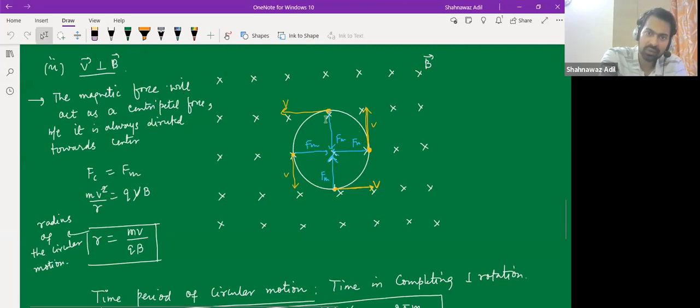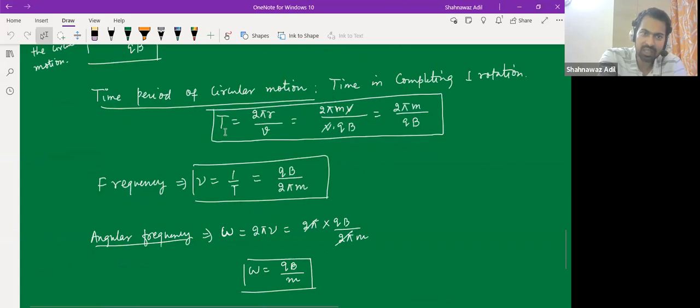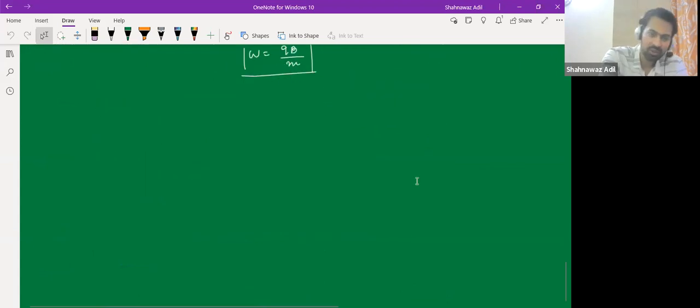And whenever it is following a circular path, which means that magnetic force is providing a centripetal force, right? So we calculated the centripetal force and then calculated the time period. So time period was 2 pi m by q, right? So please remember this, that time period is 2 pi m by q. Okay, so remembering this, let us